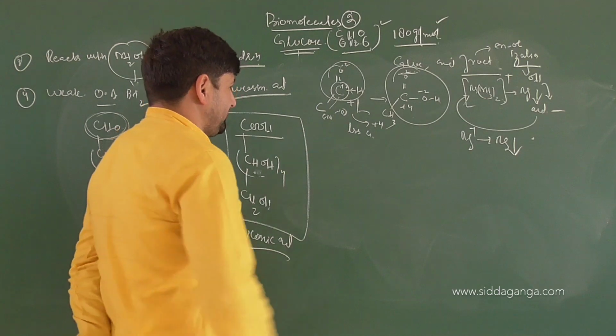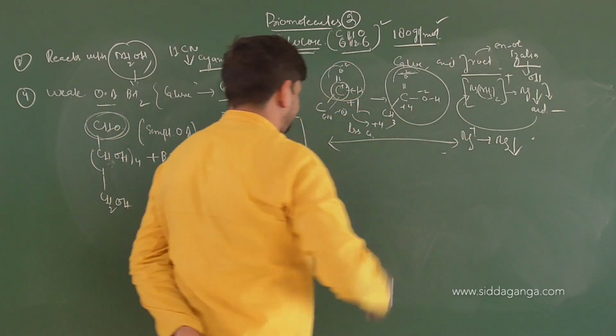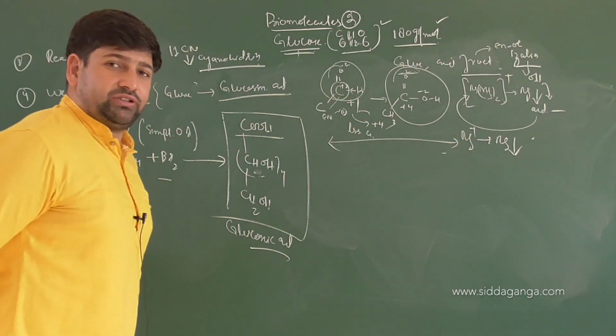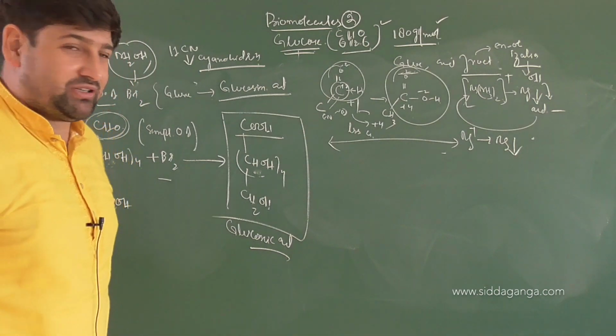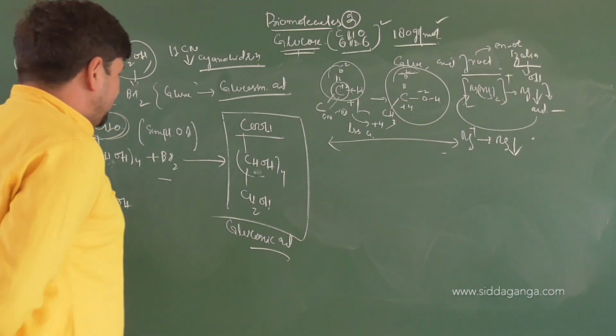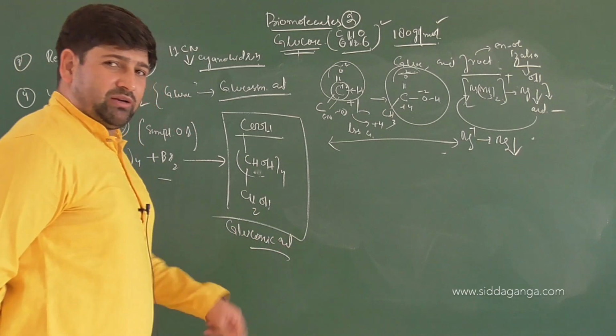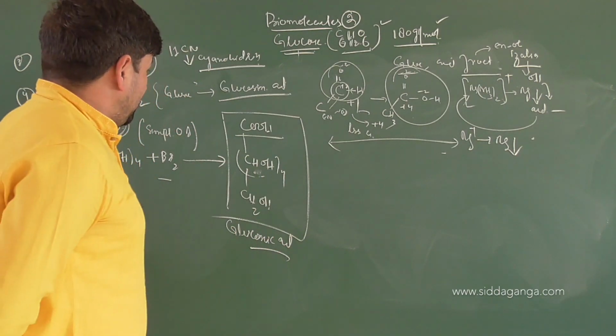Did you understand it or not? Basic rules these are. These are basic rules of aldehydes and ketones, children, which are already done. Correct. So you are getting gluconic acid from it. There is one more way. If